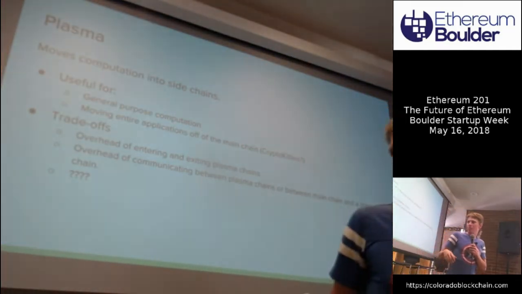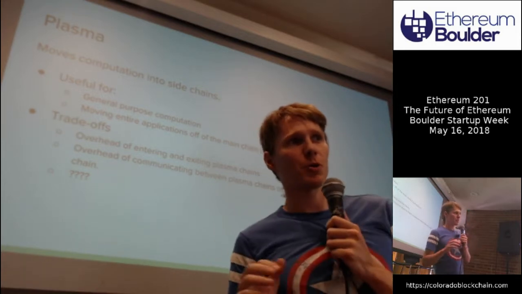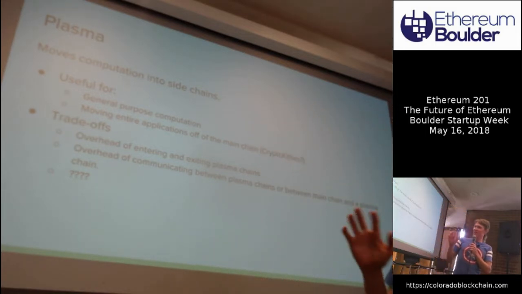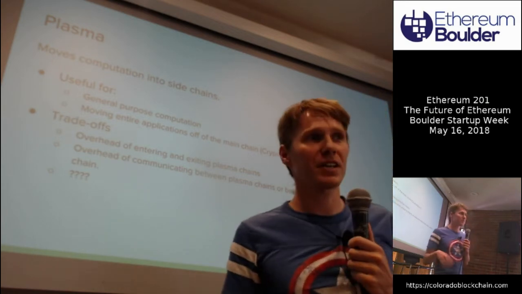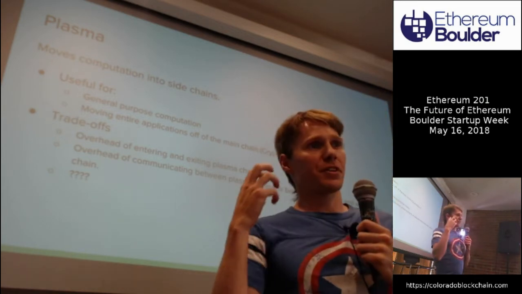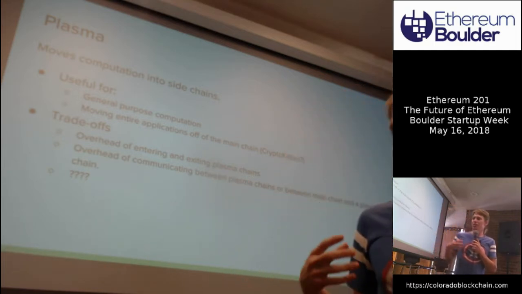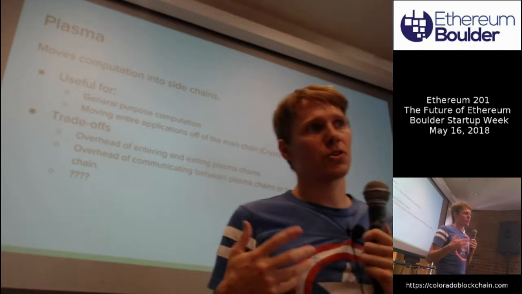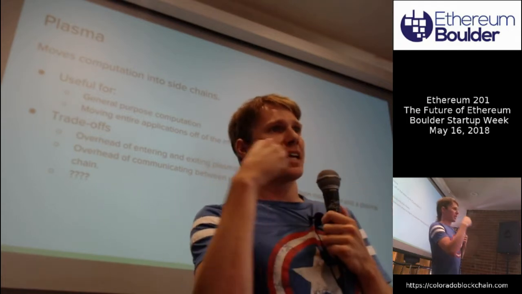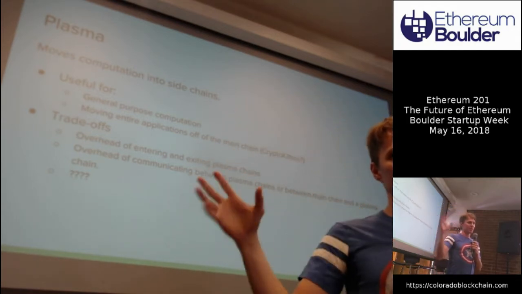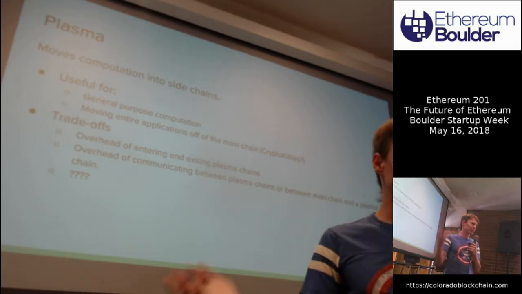And Plasma. So Plasma, I'm going to admit that I don't have my head entirely wrapped around how Plasma works. But nonetheless, Plasma is a major scaling solution for Ethereum. It's effectively lots of different side chains that are all secured by the main chain. And the idea is that you can create application-specific ones. So you might be able to move the entire CryptoKitties application off of the main chain into this Plasma side chain. The throughput can go way up. And there's, again, trade-offs to these things.